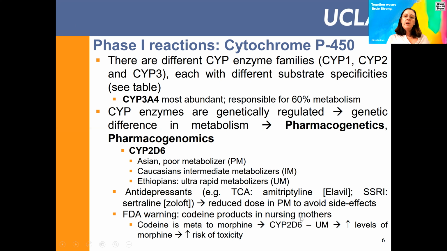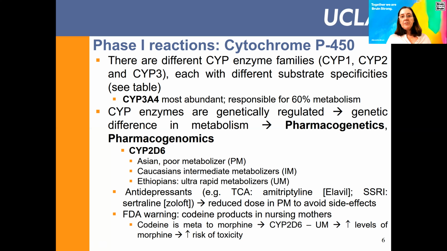If you remember in the previous slide, I said that codeine is converted into morphine through those metabolizing enzymes. Now, if you have a patient that is an ultra metabolizer, that means it's going to metabolize codeine into morphine faster, and you give this to a nursing mother, which is going to be passed into the milk to their newborn. If there is an increase